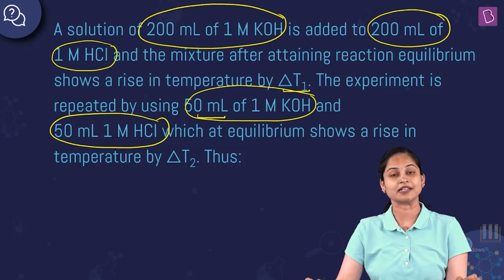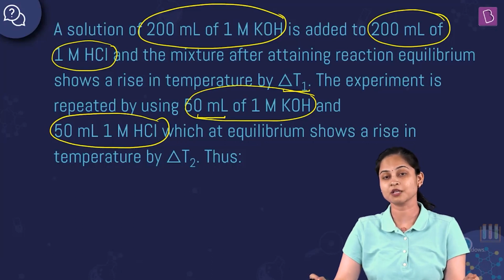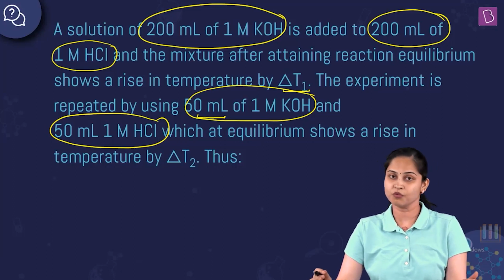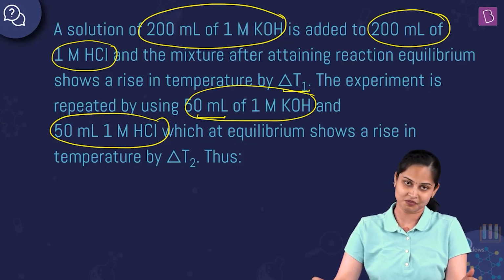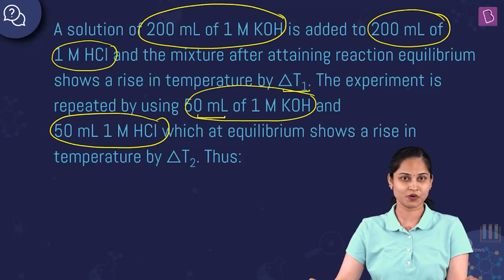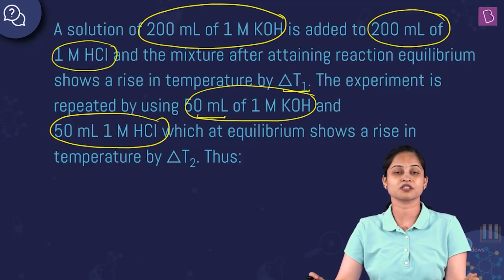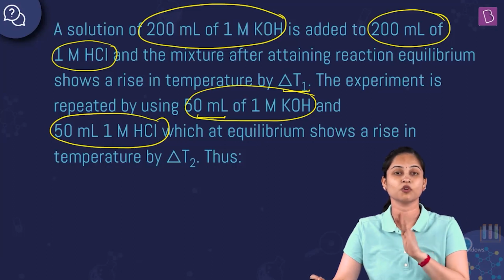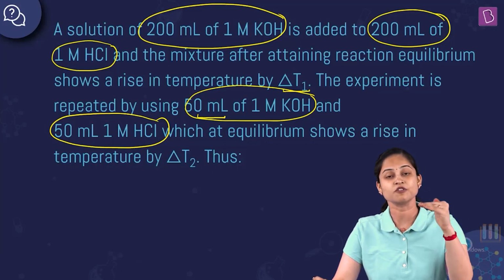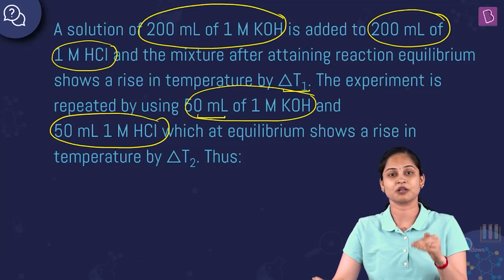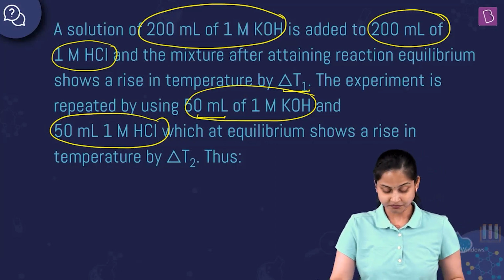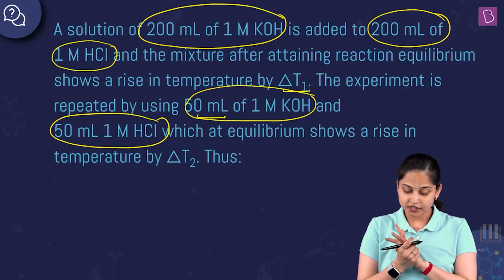So in this question, for the second process, the volume is 1/4 the volume of the first process. Therefore, we can also say that the heat of neutralization for the second process will be 1/4 of the first process. In both processes, we are taking a strong acid and a strong base, so complete neutralization is going to take place. But the volume change is in terms of 1/4. That means the heat of neutralization for the second process will be 1/4 in comparison to the first process.